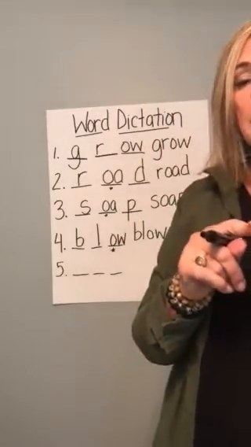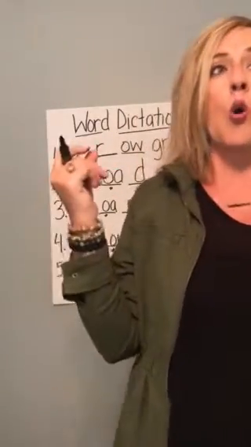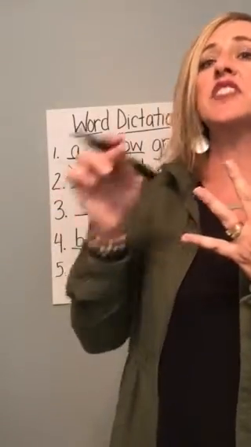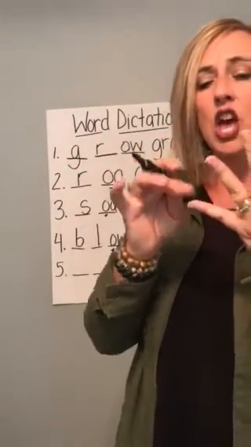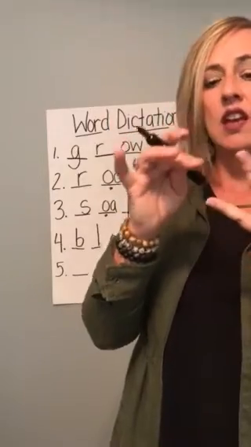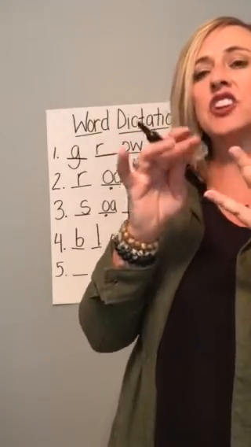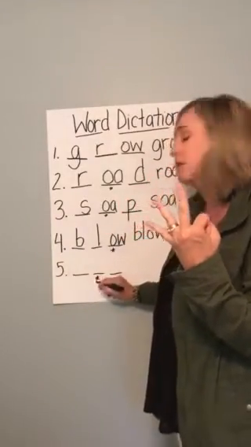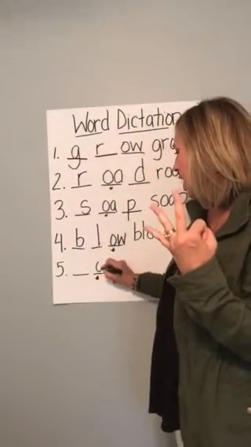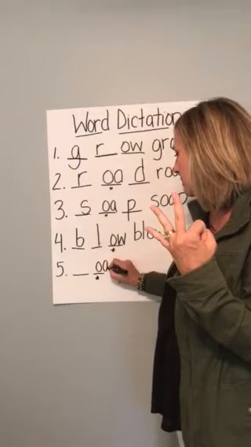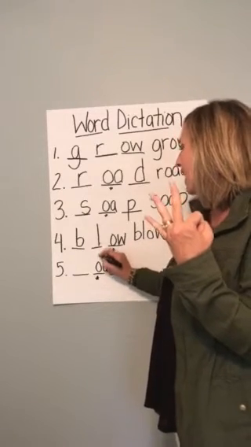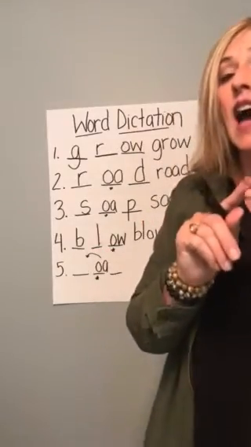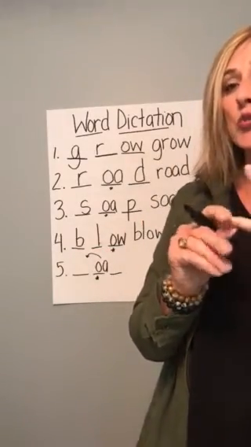In order to know if I'm going to use a C or a K to make that K sound, I've got to listen out for the next sound. K-O-T. The sound that I hear right after K is that long O sound. Well, since that's the middle of the word, I know I'm going to spell it with an OA. OA says O in the middle. Now I can go back and spell that K sound correctly. I'm going to spell coat with,